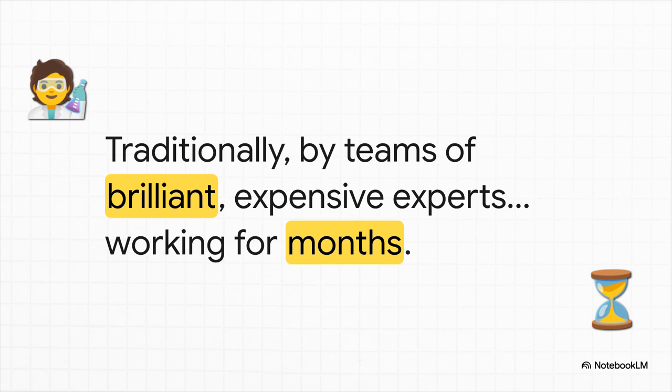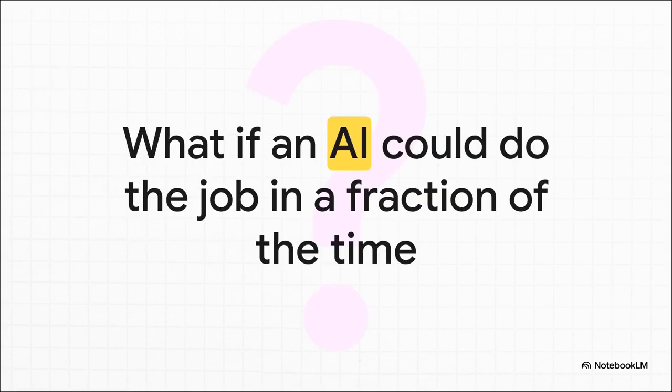They'd spend months, sometimes even years, tinkering, relying on their intuition and a ton of trial and error to design just one of these complex networks. It's a huge, huge bottleneck. But what if you could just automate all of that? What if you could build an AI to be the architect? An AI that could dream up brand new, powerful designs all by itself and do it way, way faster than any human could even hope to.